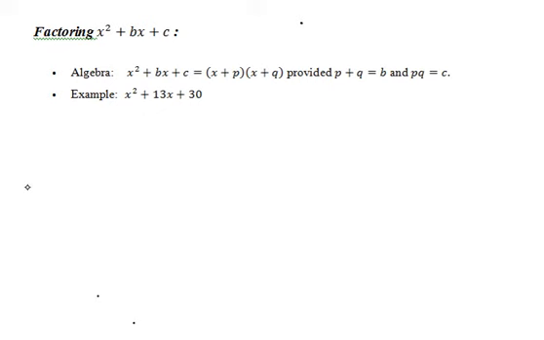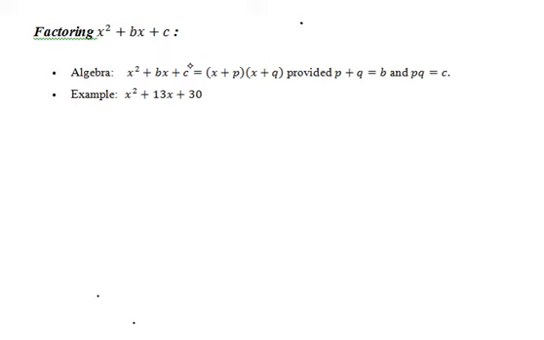Here we're going to take a look at factoring trinomials. Now we're going to start by looking at trinomials where the leading coefficient is 1, which means I'm just going to have my variable squared. There's not going to be a number in front of it. So looking at this x squared plus bx plus c, the whole goal in factoring is to do the opposite